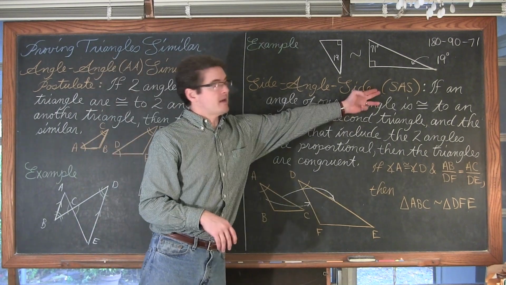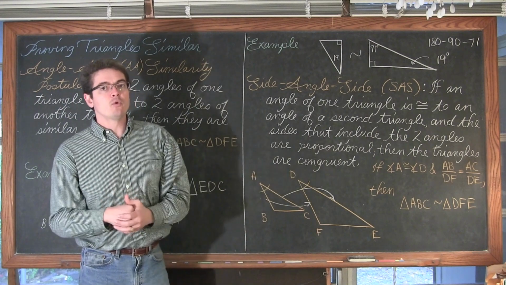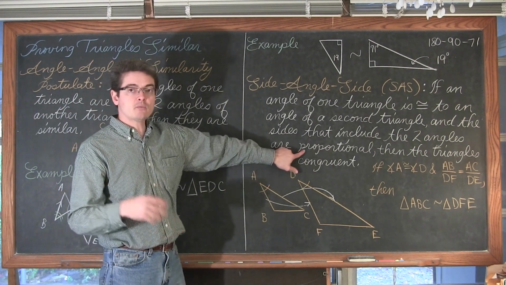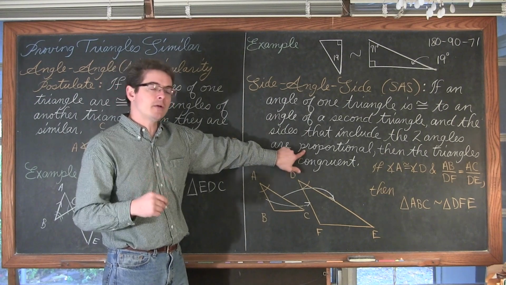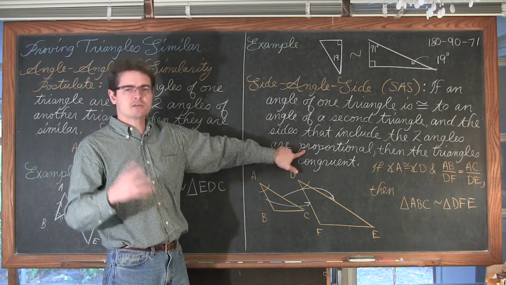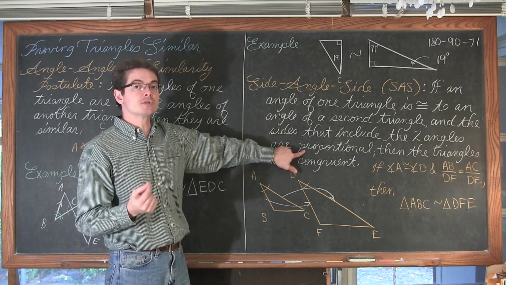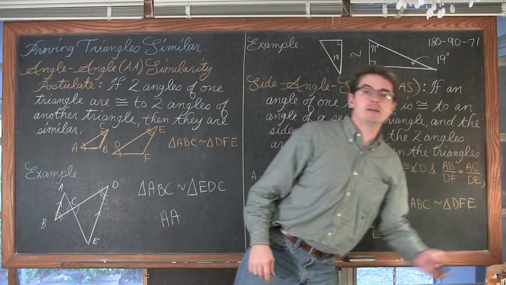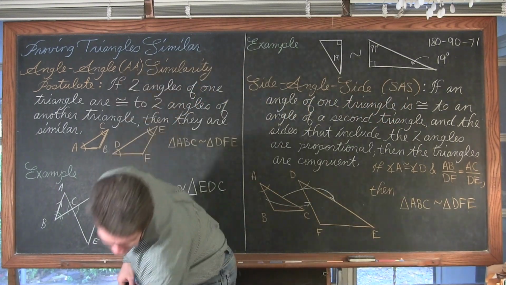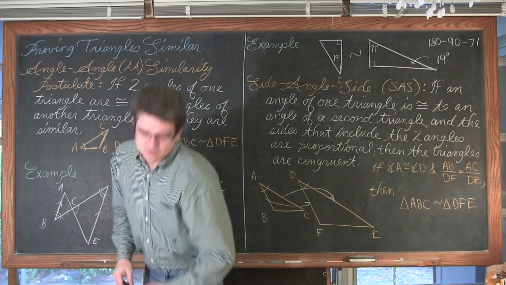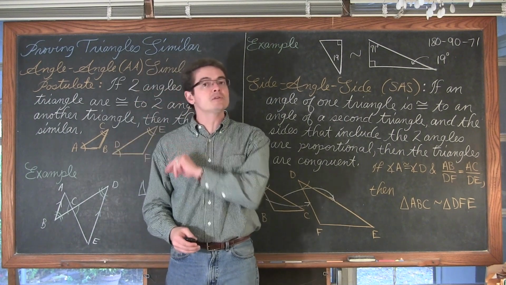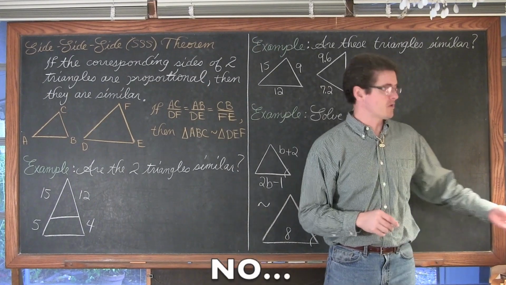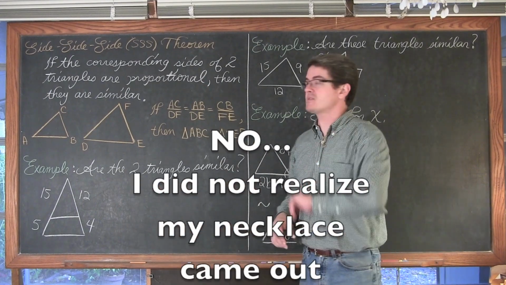So again, it's side angle side. You have heard that before. It was for proving two triangles are congruent, but again, we're not saying that we have two pairs of congruent sides, which are equal, but now they are proportional. That's the difference between side angle side for congruency and side angle side for similarity. I've got one more theorem to give you, and then we're going to work through three more examples to finish this video. Next theorem sounds like we're proving that triangles are congruent, but it's again similar.